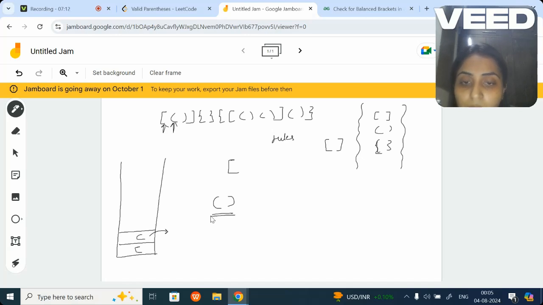I got the matching set, because if I compare over here, I got the matching set. After I get the matching set, I pop this off because I'll remove this. So now my element remains only with this.